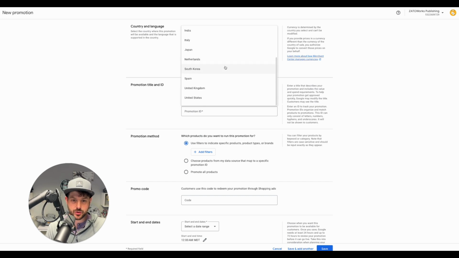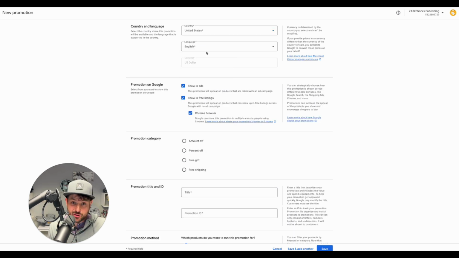So, what you will do is find the country and language that you want to run. That's typically going to match your merchant center, but also, obviously, if you're advertising to different countries, you are going to need to match that. And then this is new and next, but it kind of tells you where you want to show